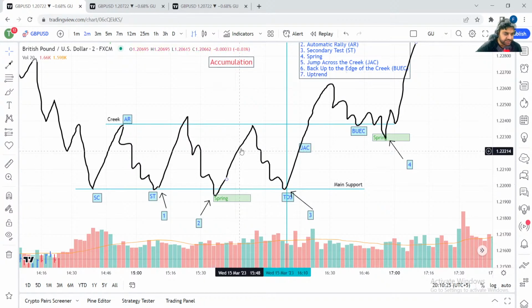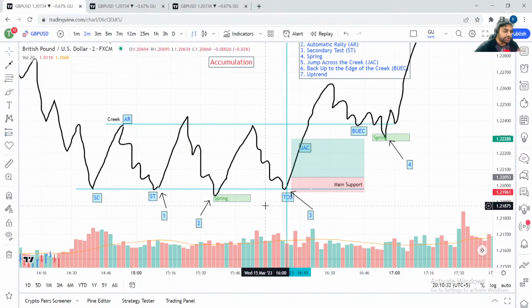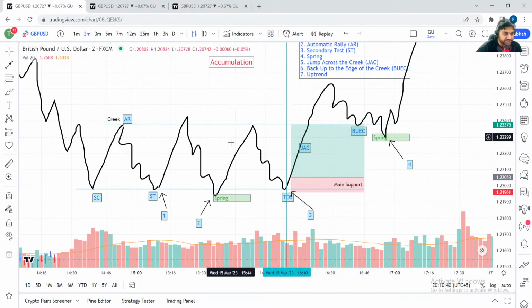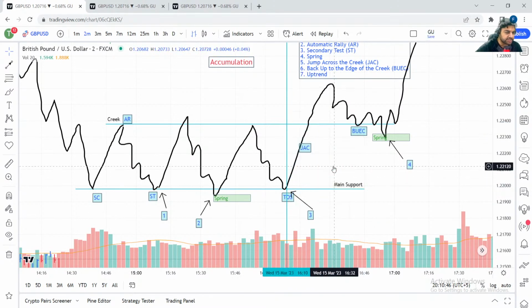So guys, what happens? You buy again over here, and you don't know if the market will shoot up or it will again test this level and come down. You don't know about it, right? So what should you do? Again, you should do the same thing. Take a major portion out over here and then put your stop loss above the break even.